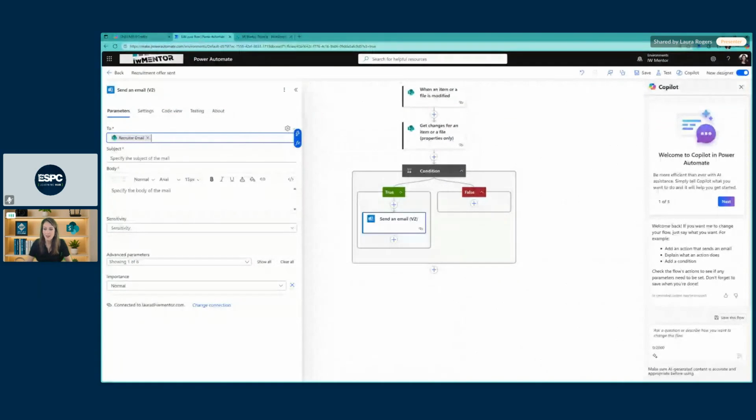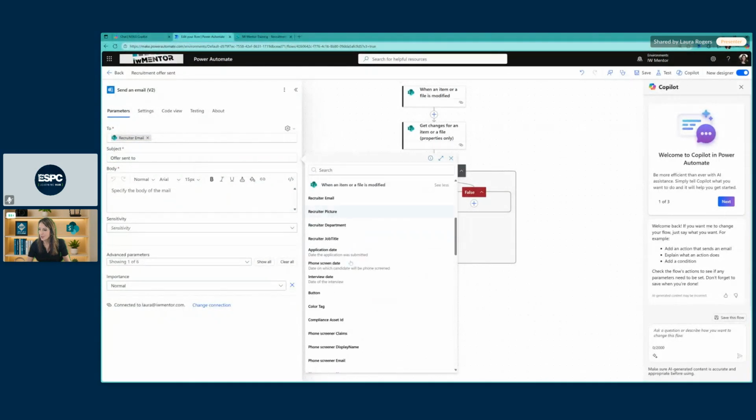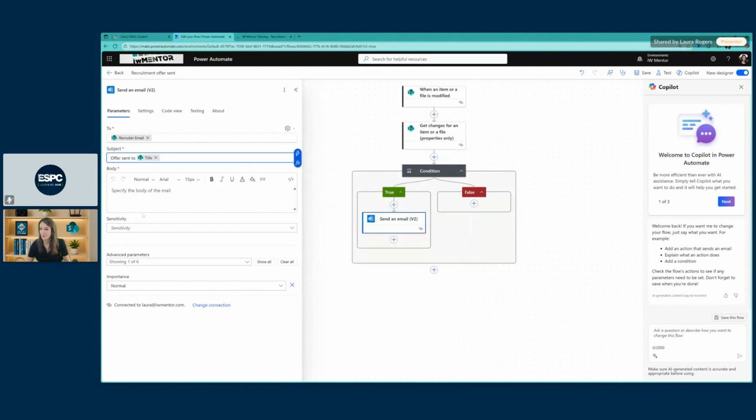All right, and then offer sent to, and I can dynamically put whoever that candidate was, which I think is just the title field right here. Offer sent. Something very basic.